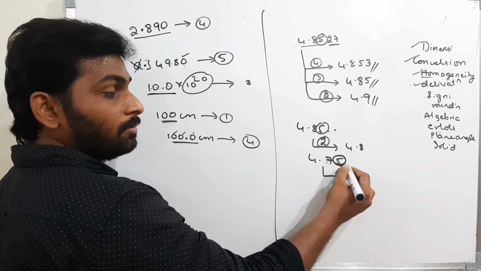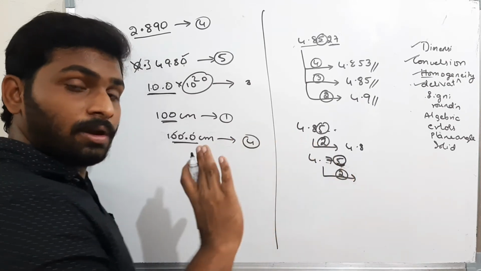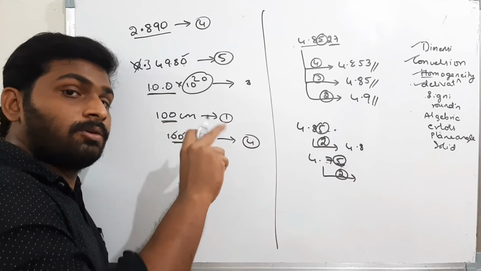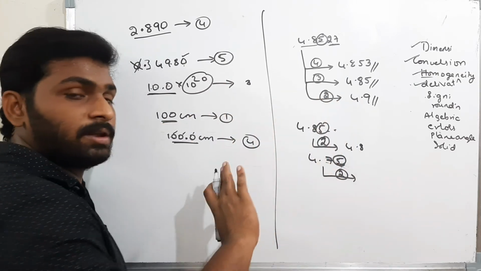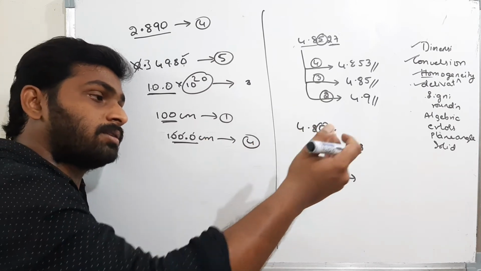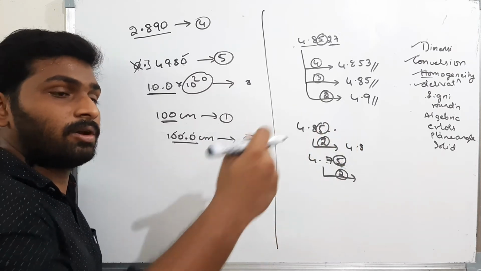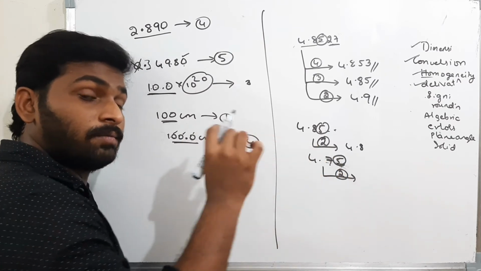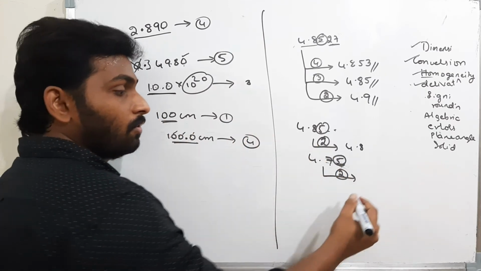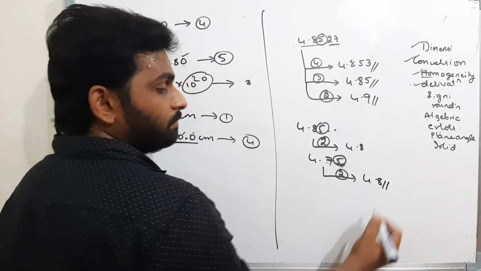I have to round off 5. 5 is equal to 5. Well and good. Now if it is equal to 5, there are 2 conditions. Is it followed by any digit or not? It is not followed by any digit. Okay, if it is not followed by any digit, then again 2 conditions: whether the digit before is even or odd. Before digit is odd. If it is odd, you should add plus 1. Therefore, 4.8 is the answer.